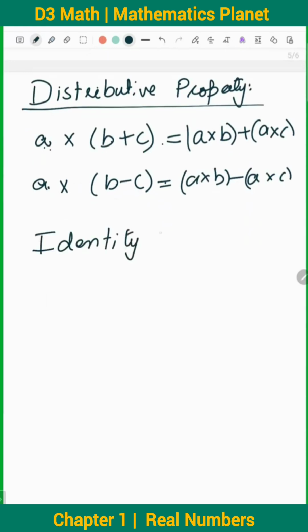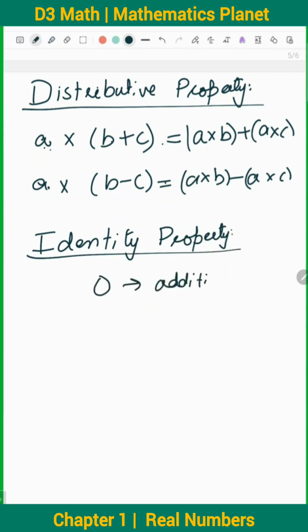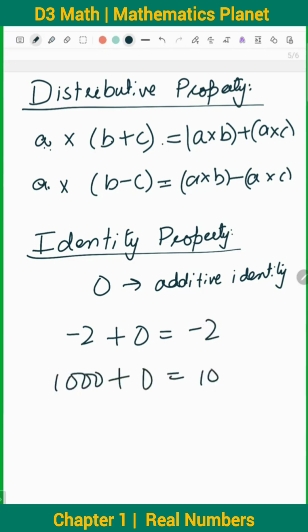अच्छा, एक प्रॉपर्टी का नाम है आइडेंटिटी प्रॉपर्टी। तो अगर आपसे कोई पूछ ले कि रियल नंबर्स में आइडेंटिटी प्रॉपर्टी क्या है, तो आपको पता होना चाहिए। आइडेंटिटी का मतलब होता है कोई ऐसी चीज जो किसी को चेंज ना होने दे, ठीक है। तो नंबर 0 इज द एडिटिव आइडेंटिटी। बच्चों दुनिया का कोई भी नंबर ले लो, कोई भी रियल नंबर ले लो, उसमें 0 ऐड करो तो क्या वो नंबर चेंज होता है? नो। 1000 में 0 ऐड कर दो, 1000 रहेगा। 1/4 में 0 ऐड कर दो, 1/4 रहेगा।